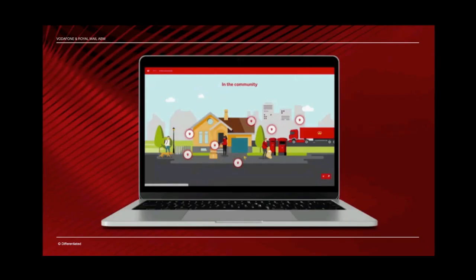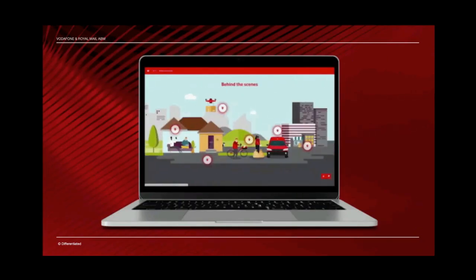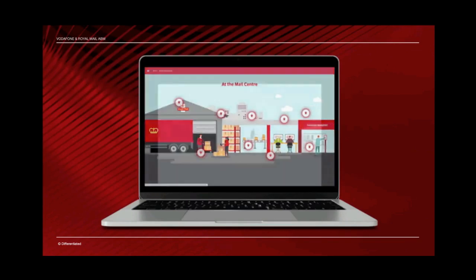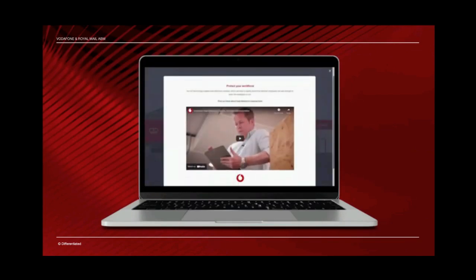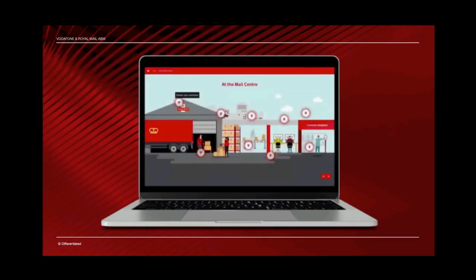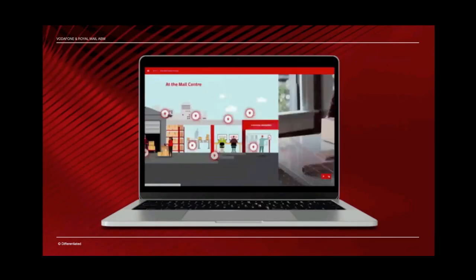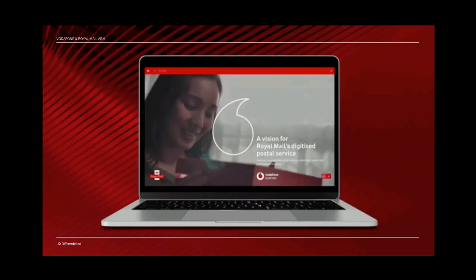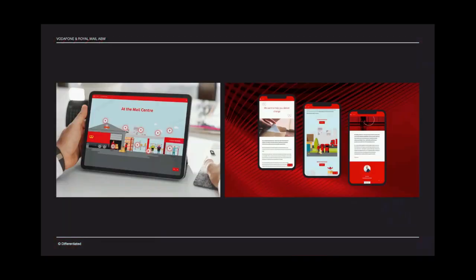So that bespoke digital content you can see is in front of you. It's a Foleon document that told the story we wanted to tell them, which is essentially built on how Vodafone can help Royal Mail transform their business in the direction they want to go through technology. If you move on just to the next slide, within that content,